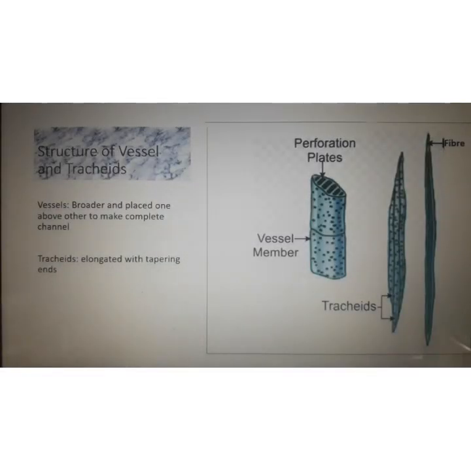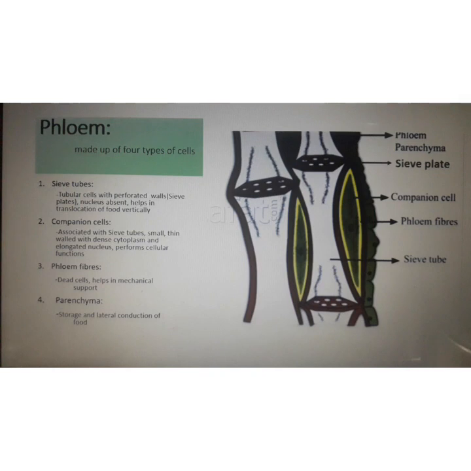As we said, tracheids and vessels are tubular structures, but the difference lies in the two. Vessels are shorter and wider than tracheids. Vessels are very long tube-like structures formed by a row of cells placed end to end, while tracheids are elongated cells with tapering ends. They do not have open ends, so the water passes from one cell to another via the pits.